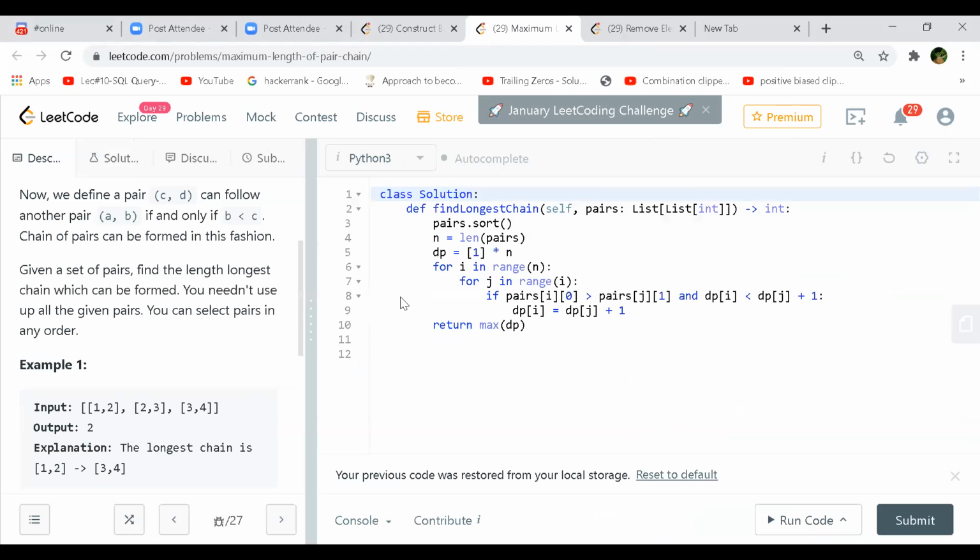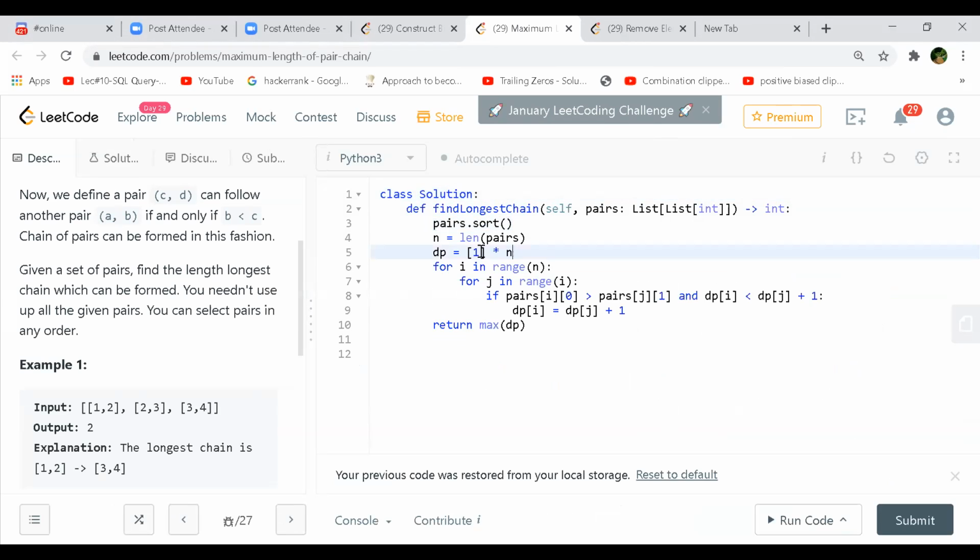So what I'm doing, I'm first sorting it, right? After sorting, I'm creating one DP array, like that is what we do in LIS. We fill the DP array with completely 1s. And now let's say if your I is at this point, then from beginning to this point, you check if you satisfy this condition or not, like B is greater than C or not. The outer for loop will go through all the lengths, initially length 1, length 2, length 3. And for every length, let's say at length 2, from 0 to length 2, it will check whether it is fulfilling this condition or not.